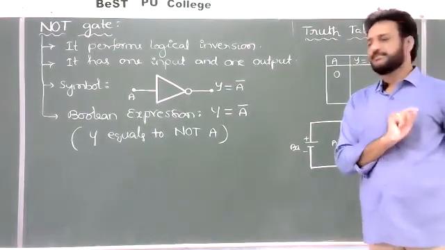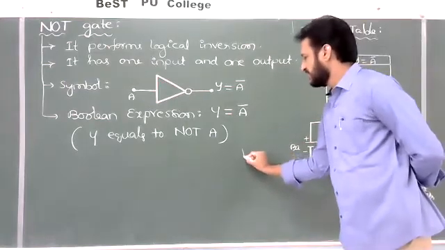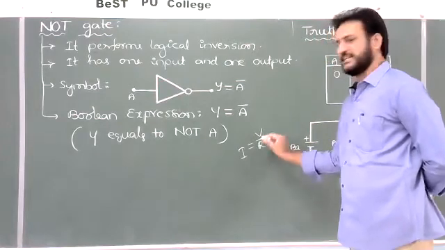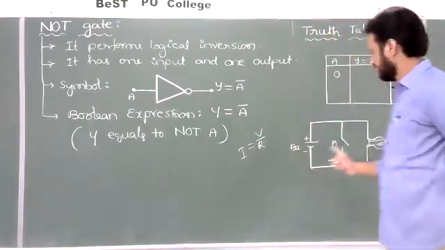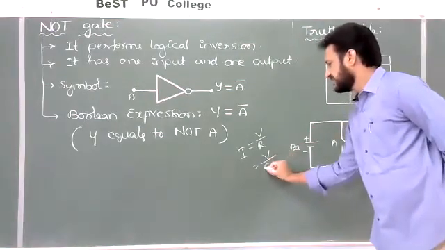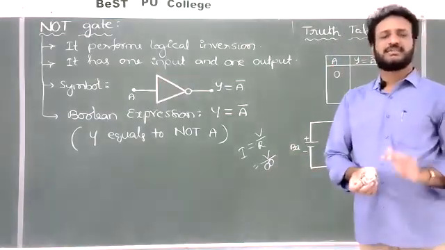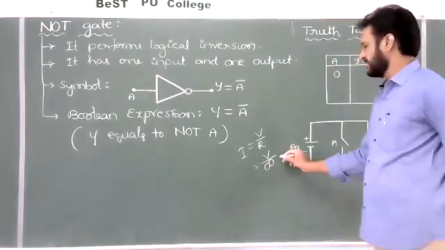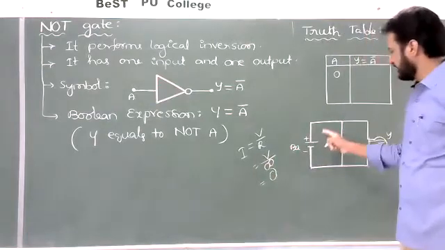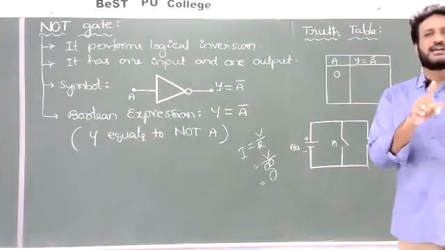If the resistance is equal to infinite, what is the current flowing through the switch? 0. According to Ohm's law, V equal IR, or I is equal to V by R. Whenever the switch is opened, V by the resistance of the switch is equal to infinite. An open circuit always has infinite opposing force. So infinite resistance. Something by infinity is equal to what? 0. So no current flows through the switch. That's why full current is supplied to the bulb only. That's why the bulb is said to be in on condition.